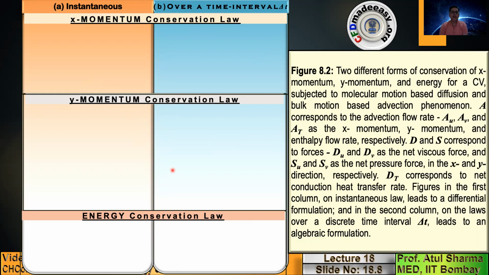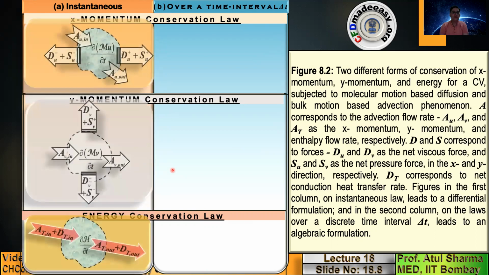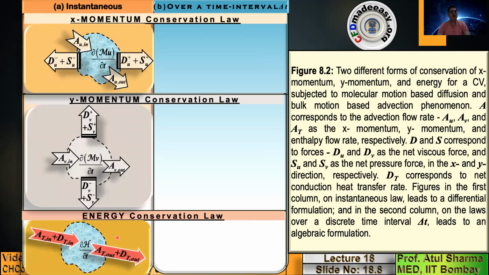So in a thermodynamics as well as a heat transfer course, the energy conservation law is common, but the statement that is used in thermodynamics and heat transfer is different. In thermodynamics, you use a statement which involves the amount of heat, and in a heat transfer course, we use the rate of heat transfer. So, if you consider the various conservation law statements which are applicable for each and every time instant, which is called instantaneous, then there is another form which I have introduced, which is over a time interval.